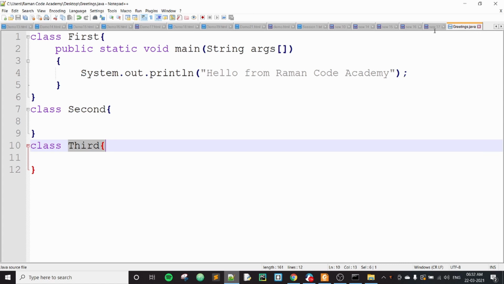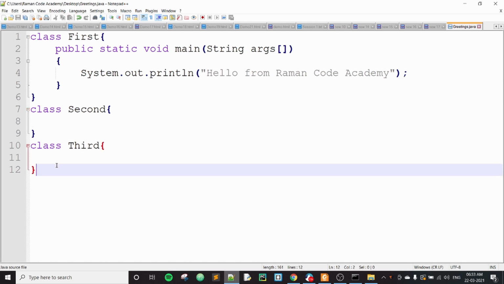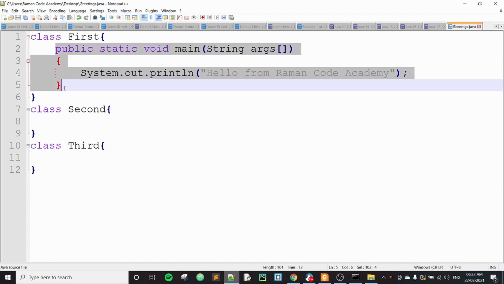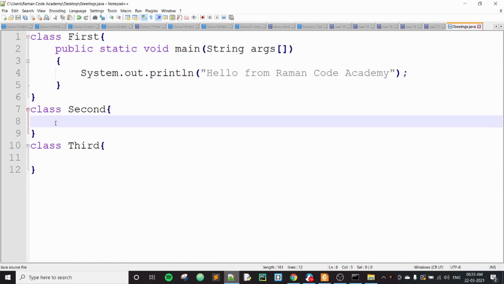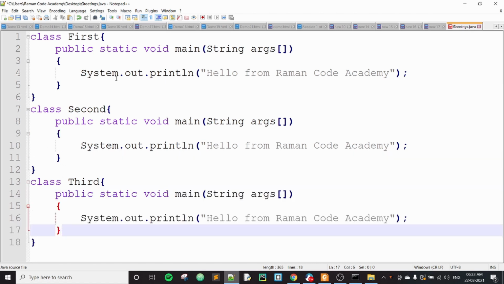See here, in this program which we have compiled, only the first class has a main method. The second class does not have a main method. The third class is also not going to have a main method with it. Now we'll see what happens if we have multiple main methods. We'll just try to copy this. I'll put it in my second class and I'll put it in my third class as well. So all your classes are going to have a separate main method.